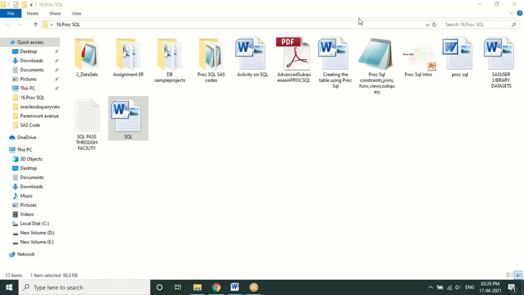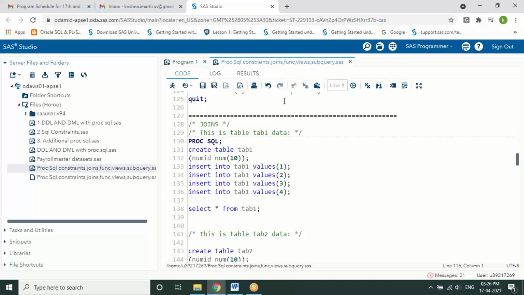Anyone ever heard of joins? Okay, so let me show you one small image to work on joins.